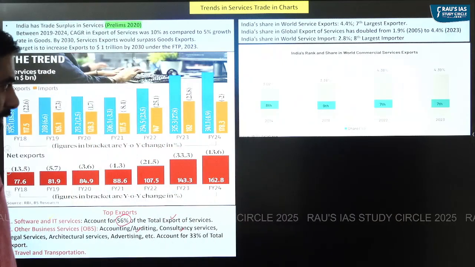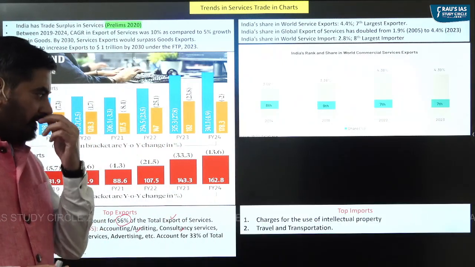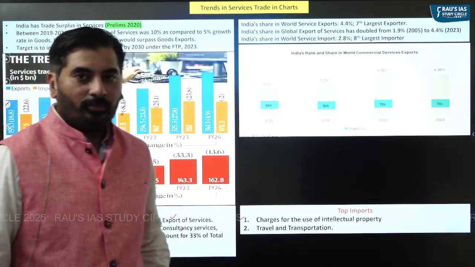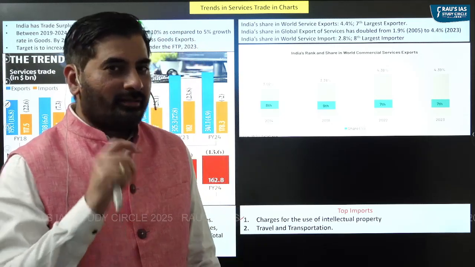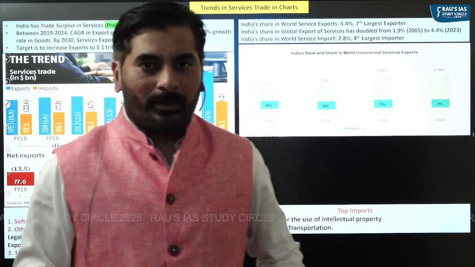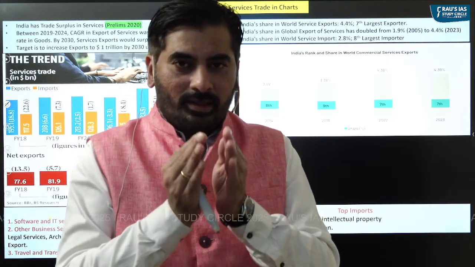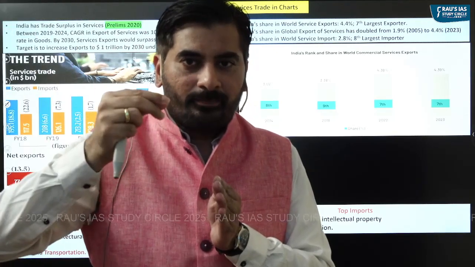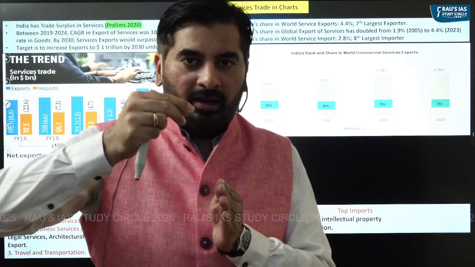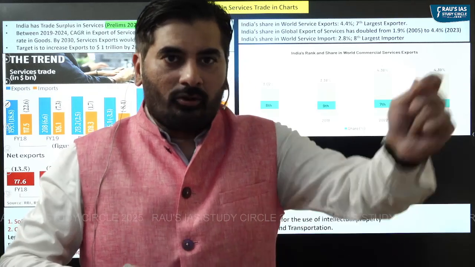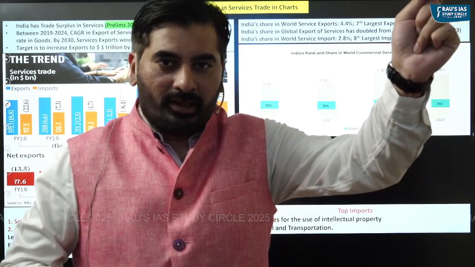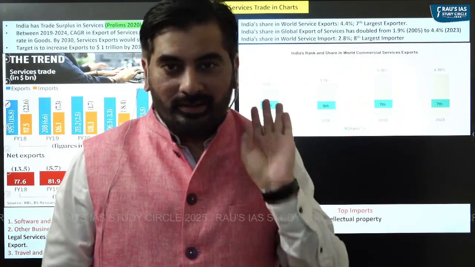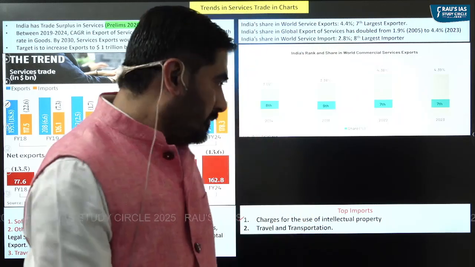And in terms of import of services, the top import is charges for the use of intellectual property. Remember, I discussed this in the topic of BOP. Let's say you have an Indian company. This Indian company is using a patent which is owned by a foreign company. For use of a patent owned by a foreign company, the Indian company is required to pay a royalty to the foreign company, right? So this is the major item of payment in our services, and that is followed by travel